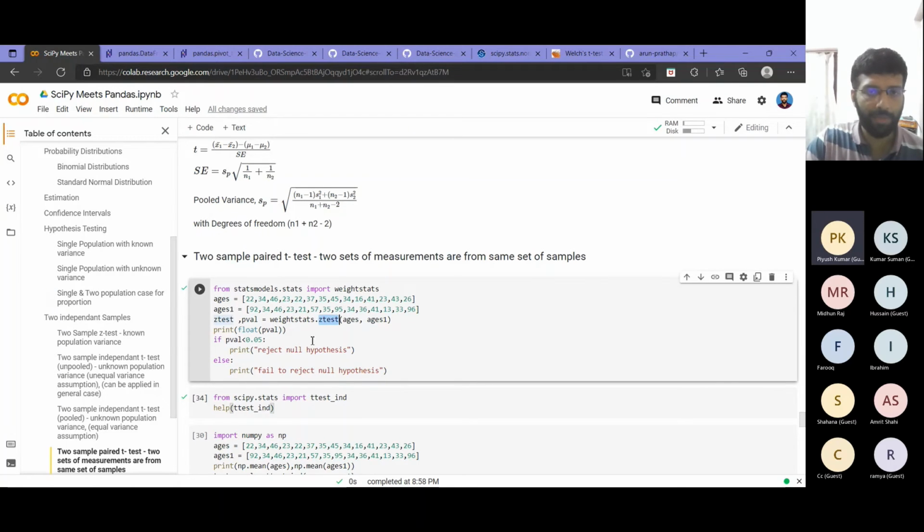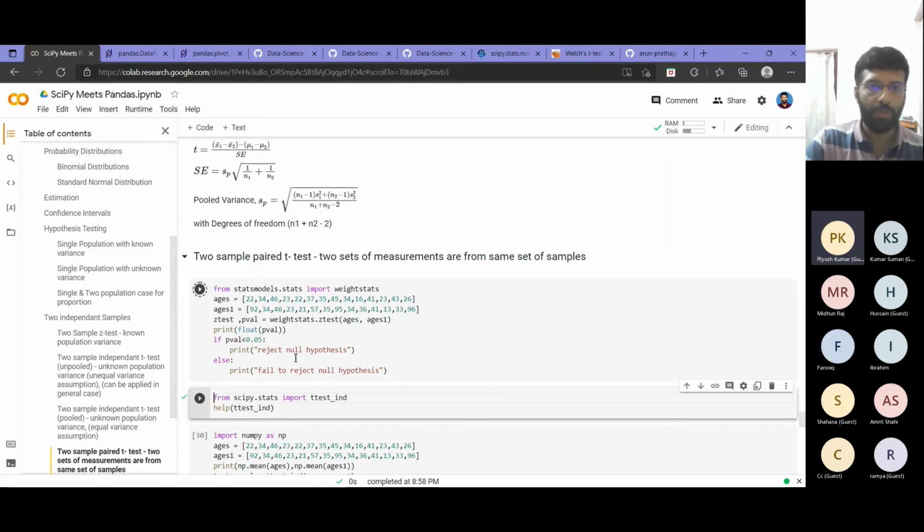The first case we considered was a normal distribution with two populations, so the z-test we have to use. I have one sample set of ages here and a second sample set here. I am trying to compare whether the means of the two populations are the same, and I am assuming both are from a normal population, so I can use the z-test. The last 3-4 lines are the same as the previous single-sample cases we saw. I am comparing against a significance level. If it is less than that, I will reject my null hypothesis, and if it is more, I will fail to reject.